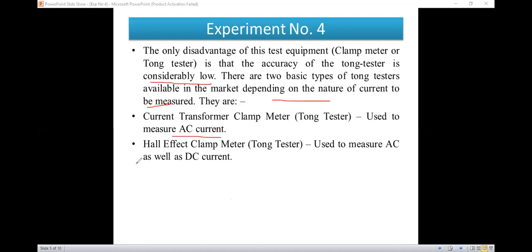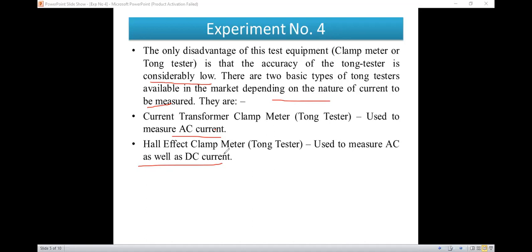Okay, AC current measurement साठी किंवा DC current measure. So according to the nature of current or the source, AC current आणि DC current, it depends upon the nature of current. If it is AC, then we want to use the AC meter. If it is DC, at that situation we want to use the DC meter. The AC meter has a current transformer, that means a current transformer is used for this function.